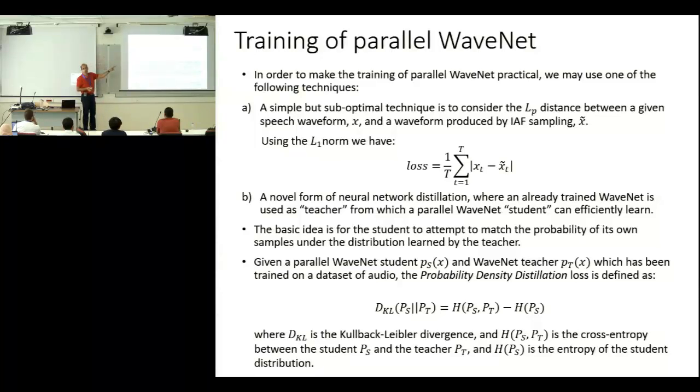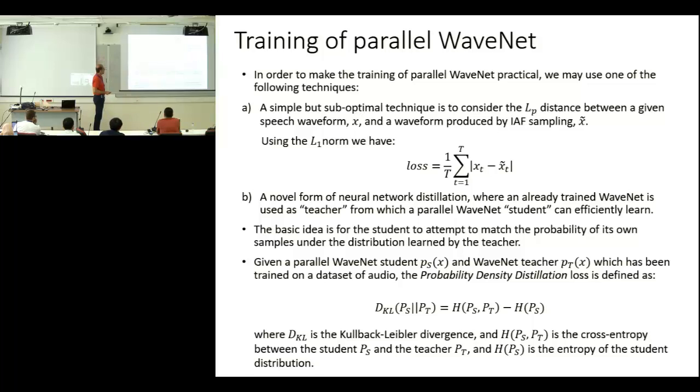In our case here, we do something different. We have a small model, which is the WaveNet, and we want to distill the knowledge to a much larger model, which is the parallel WaveNet. From the small model, we distill the knowledge to the larger model. However, the difference is the following. This one has sequential generation, and this one has parallel generation of samples, which means it is faster. And we measure how we do this distillation.